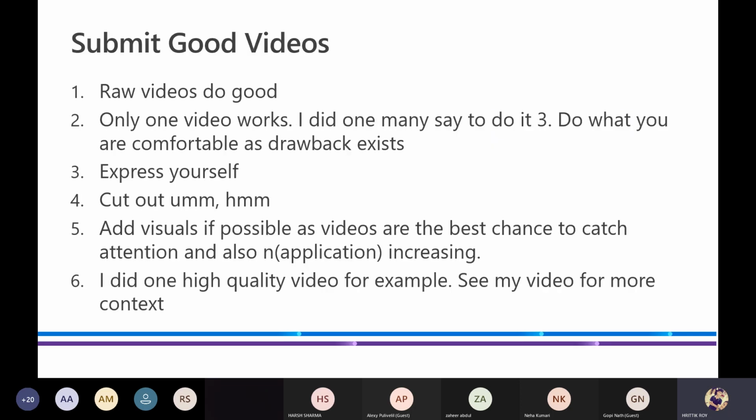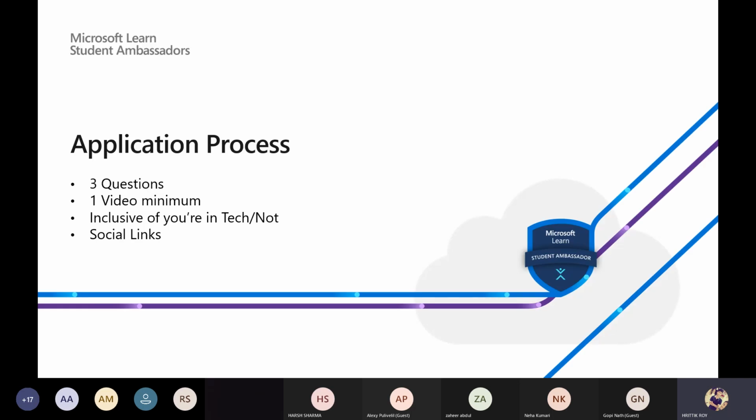So next is how to submit good videos. Videos play an essential role as you can quickly show your personality and vision to your audience. You can be formal in the videos and get into the program because that provides you with the most exposure. You can always make videos for the answers. You can add one video or three videos, but I went with three videos. You can always add just one video for the application. There are three questions, so you can either add one video minimum or three videos.